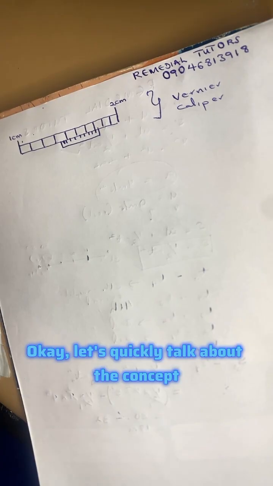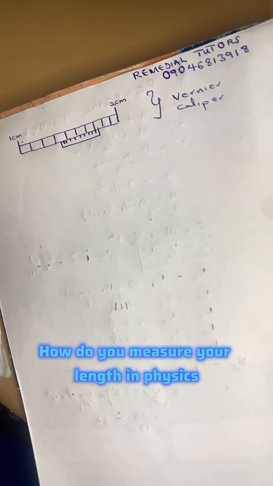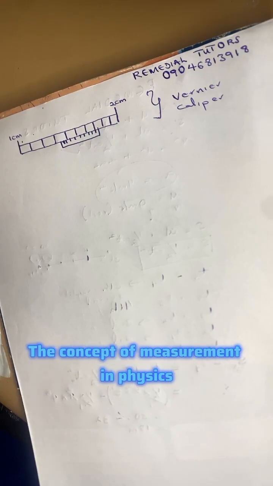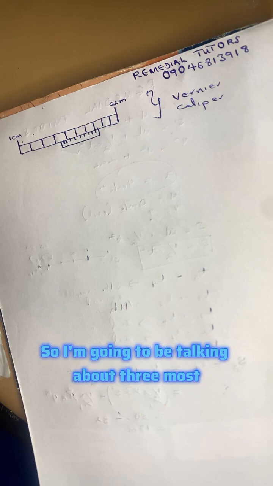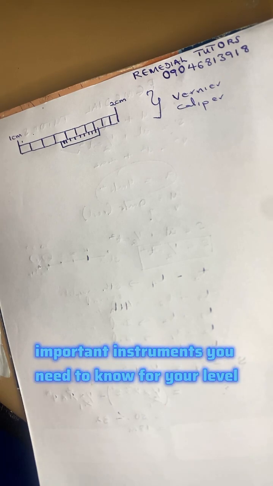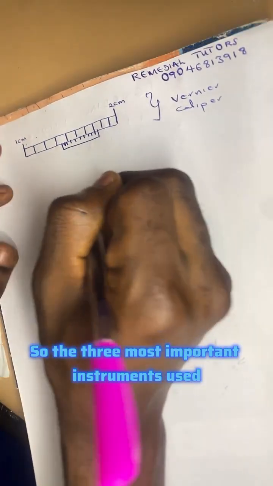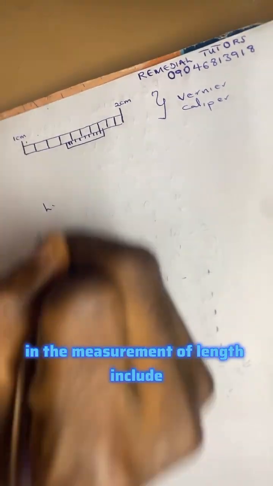Okay, let's quickly talk about the concept of measurement in physics. How do you measure your length in physics? So I'm going to be talking about three most important instruments you need to know for your level. The three most important instruments used in the measurement of length include